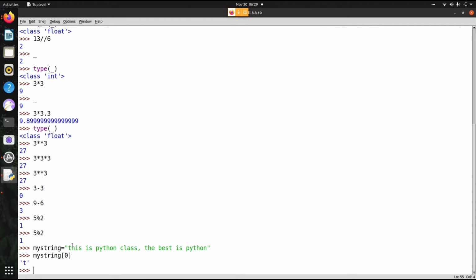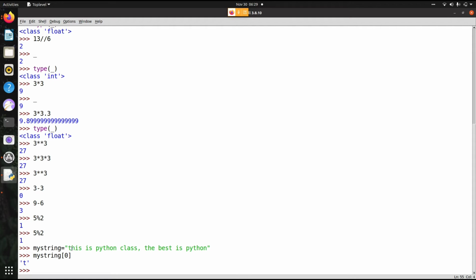In an array, where will the indexing start? Indexing will start from 0. A string is a character array. A string, whatever we are seeing here, is a character array. So my string 0 is equal to T.